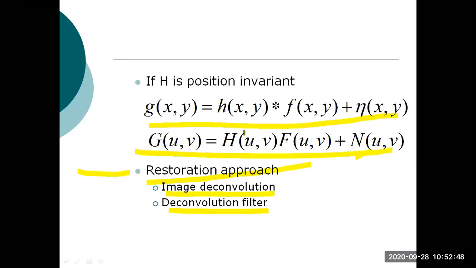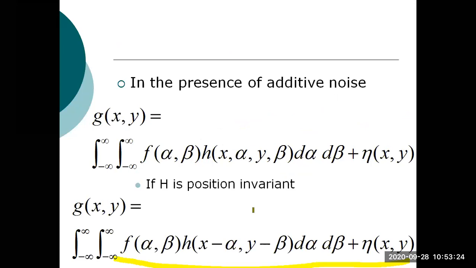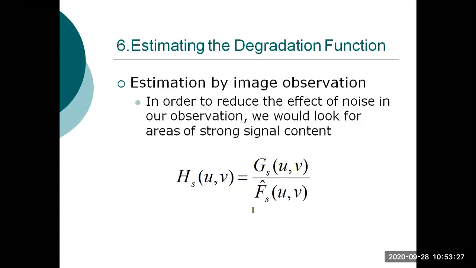Both are simplified, and this output function of your degradation model is simply given to the degradation filter, that is the deconvolution filter. These two functions happen in our last block and you will get the restored image, the original image. With this, I am concluding today's topic, and tomorrow we will discuss estimation, how we are estimating. The first block is H, and we will discuss how we estimate it in tomorrow's class.